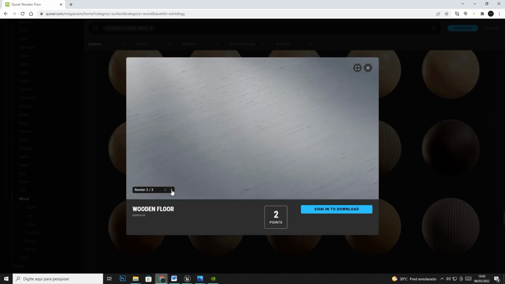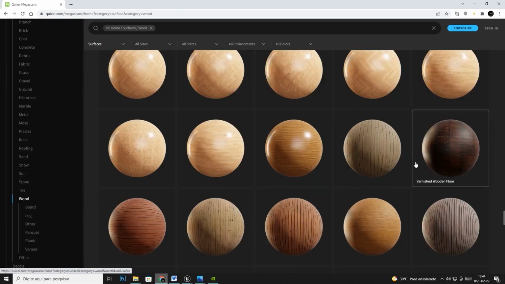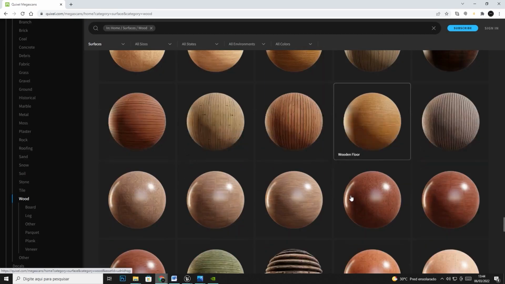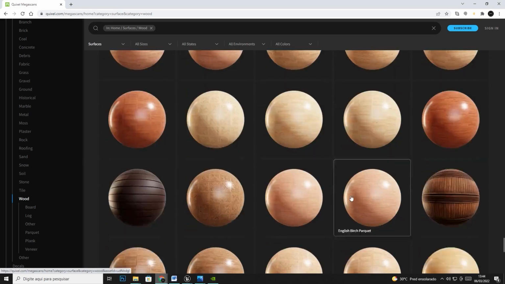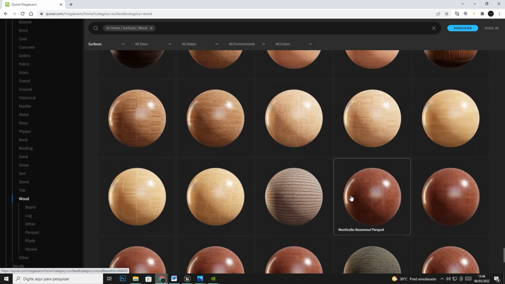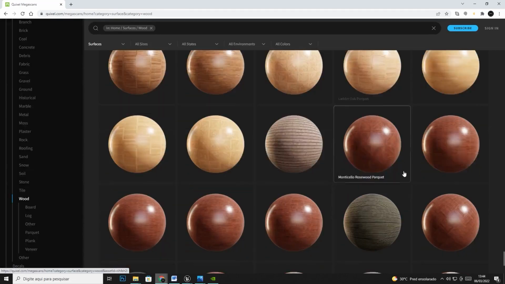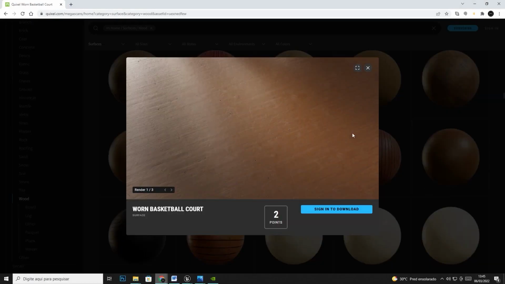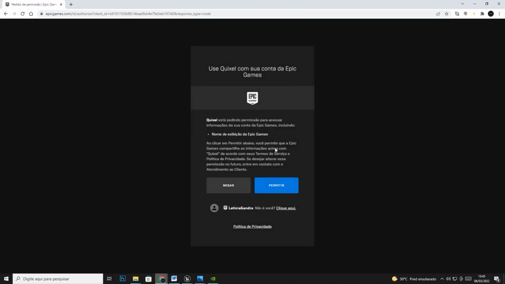I think it's floor as well. But that's not what we want. Let's see if we have something else. I think this one. Let's log in with an account in Epic Games to have access